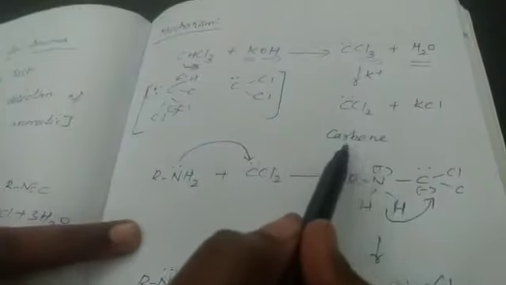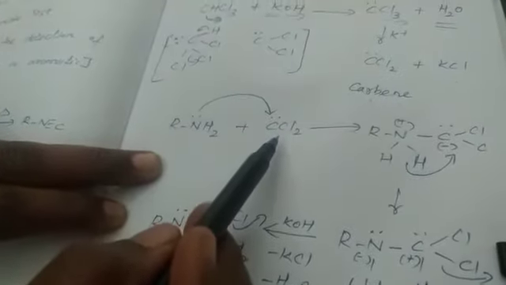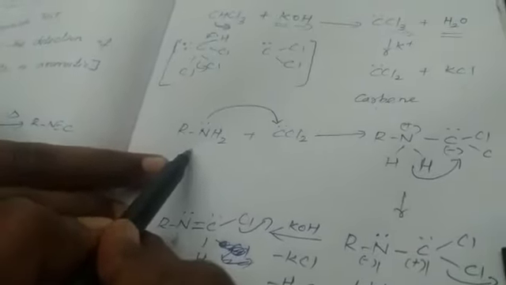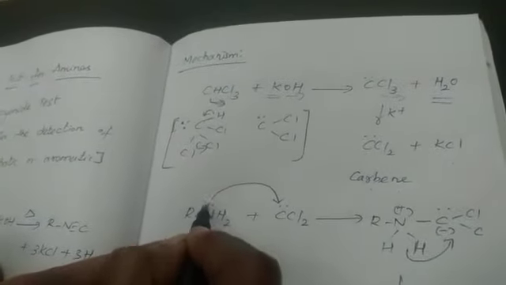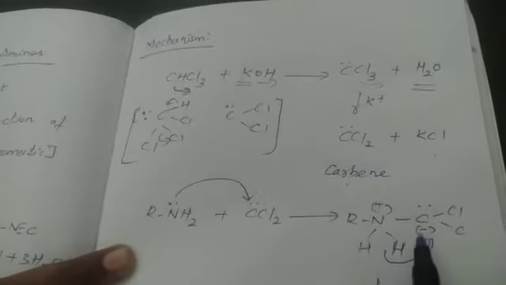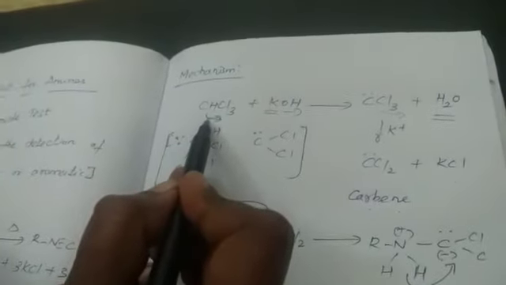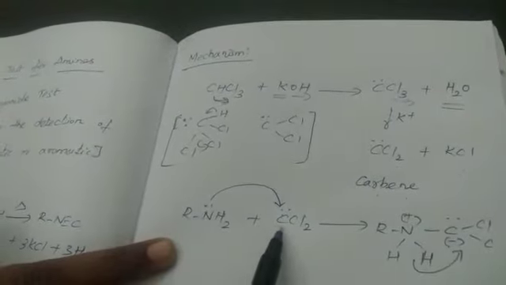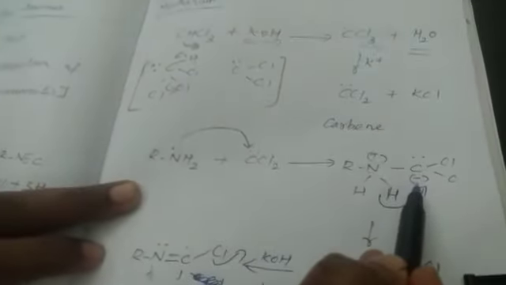So now, in the first step, initially we have dichlorocarbene, or simply we can call that a carbene. Then if you react this dichlorocarbene with a primary amine, what will happen is, we all know, nitrogen has a lone pair of electrons on it. It donates its lone pair of electrons towards this carbon atom. So nitrogen will have a positive charge and carbon will have a negative charge. Already we have one lone pair of electrons from the removal of this hydrogen atom.